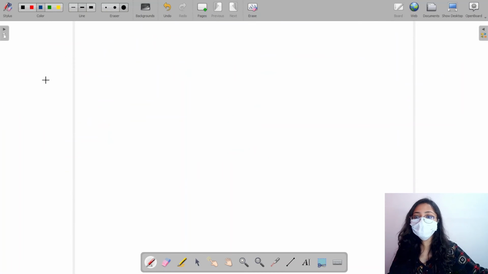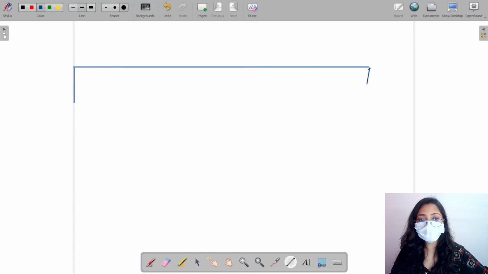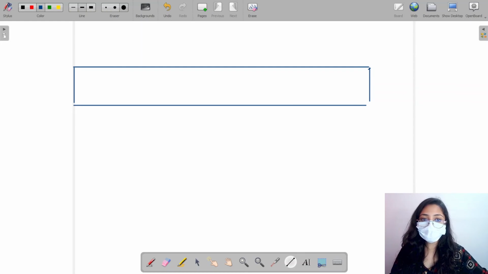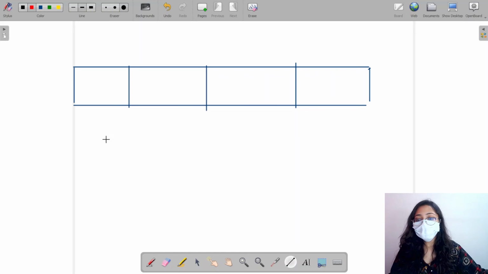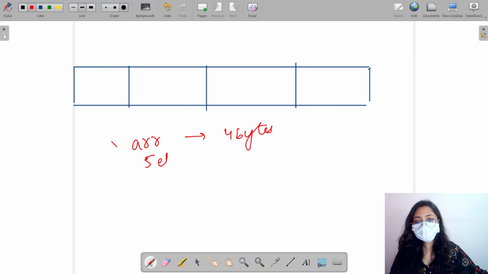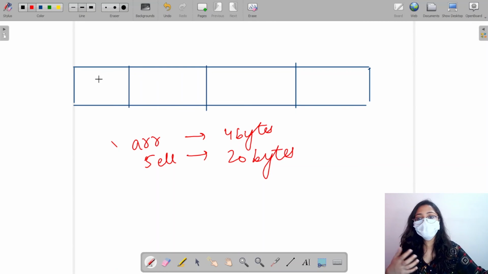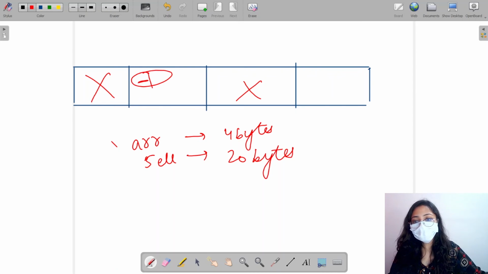Then another thing which we need to discuss is the memory which is taken up. While talking about an array, I know that if it is an integer value, for each element, the array will take up 4 bytes. So if I have 5 elements, it will take up 20 bytes. But when it comes to a linked list, I have two parts: a data part and the part which stores the address of the next.